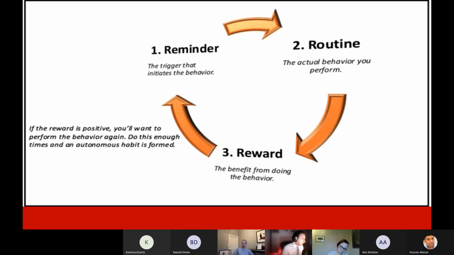That then reminds you of the actual behavior that you are going to perform, which is brushing your teeth, and then you get the benefit from doing the behavior. And if the reward is positive, you want to perform this behavior again. Do this enough times and an autonomous habit is formed.